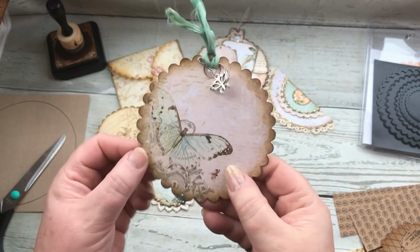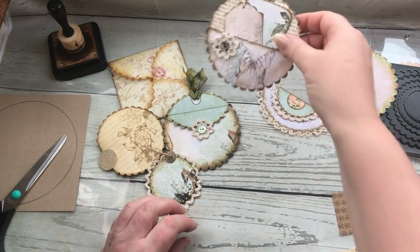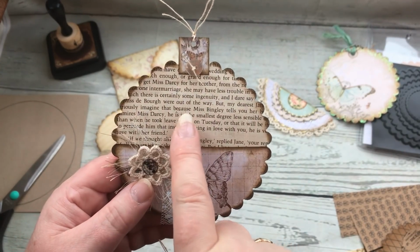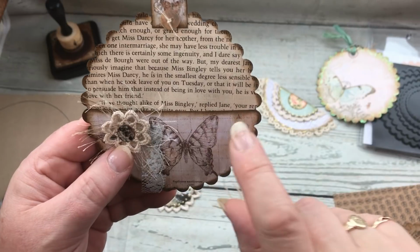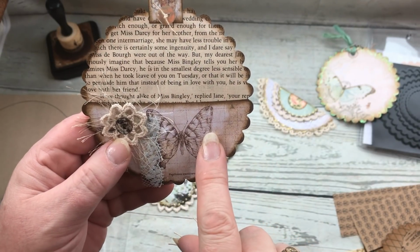Okay, so circle, pocket, sorted. Here's another one. This one was using my Pride and Prejudice book, so that was using that paper. There you go, look, Miss Darcy is mentioned on there. Cut out another circle, cut out a pocket, just by cutting it in half and attaching it to the main